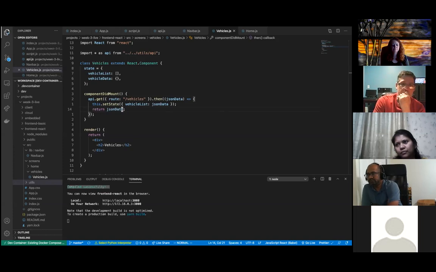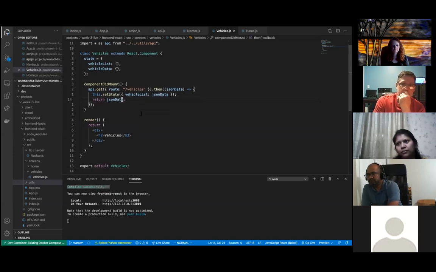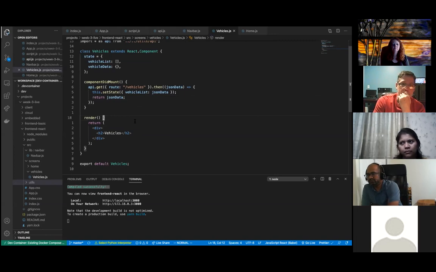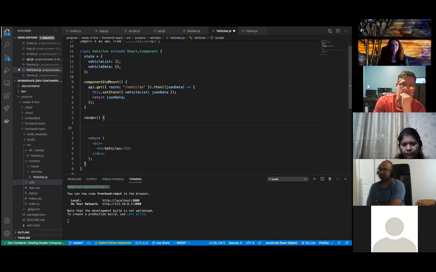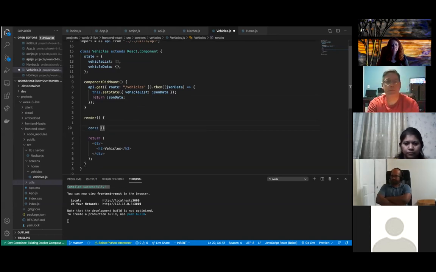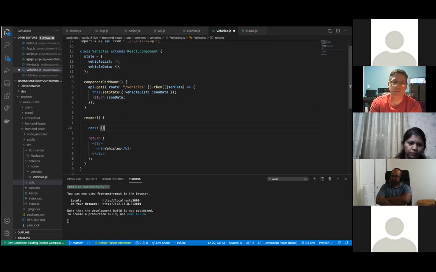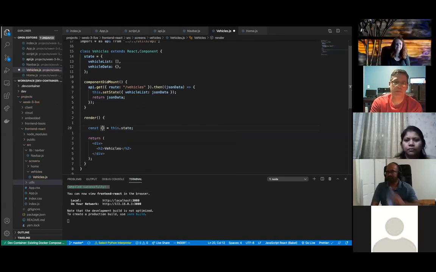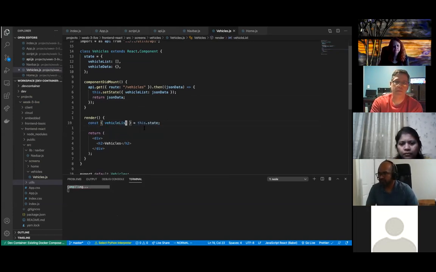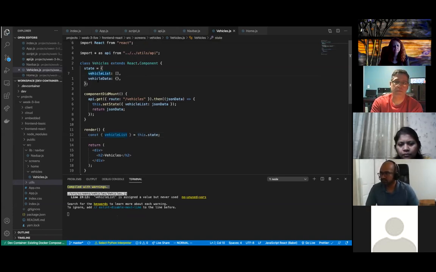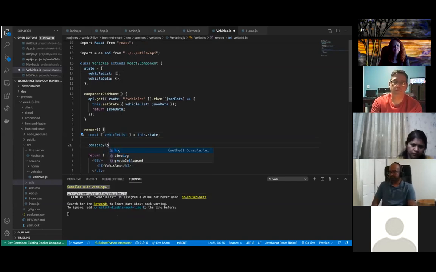All right. And then in here in the render method is where the interesting stuff happens. Inside of the render method, it'll re-render any time the state of the component changes. Similar to the way we destructured the different arguments for React Router DOM, we can destructure from this.state. We're going to grab the vehicle list from this.state. So this is this vehicle list here, right? As soon as it mounts, it's going to do a request and get that vehicle list. So if I actually console log this right now,